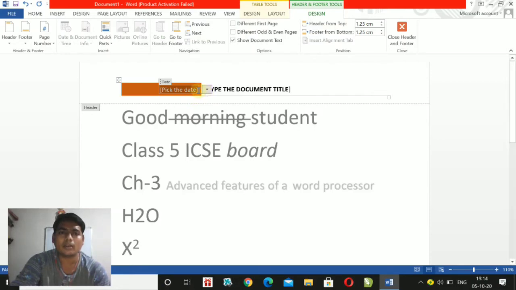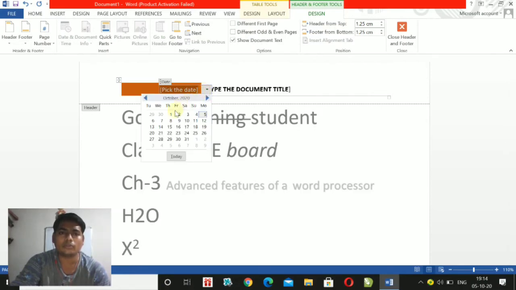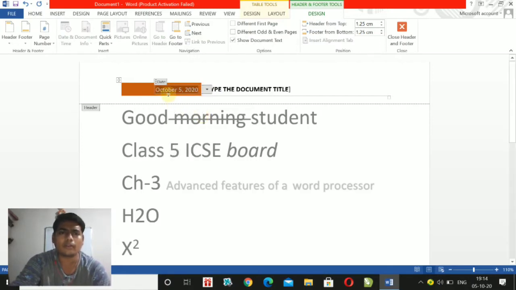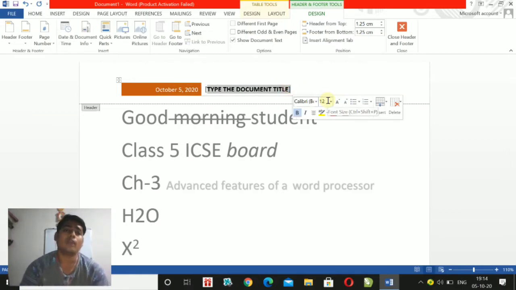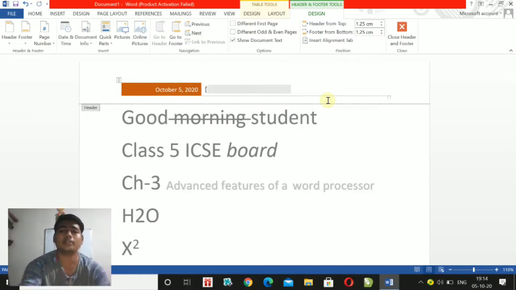Pick the date. For example, today is 5 October. I have started on 5 October 2020. Already the date was mentioned. I want to write a title. What title should we give? Just tell me what title we should give. Obviously, our chapter name. It's Advanced